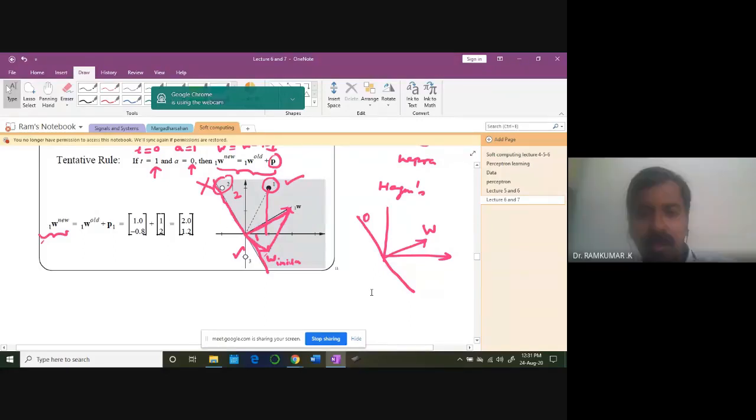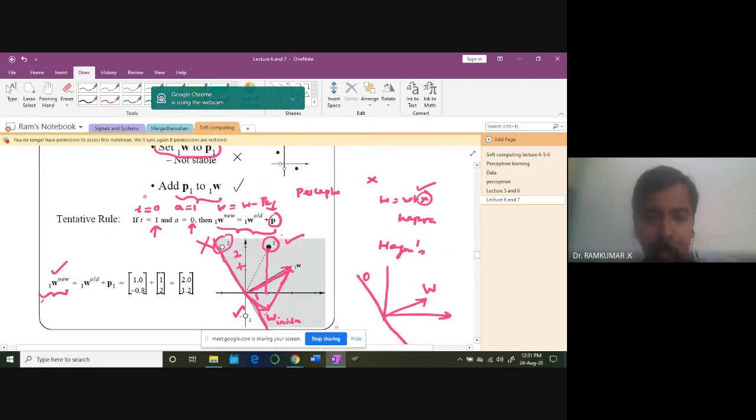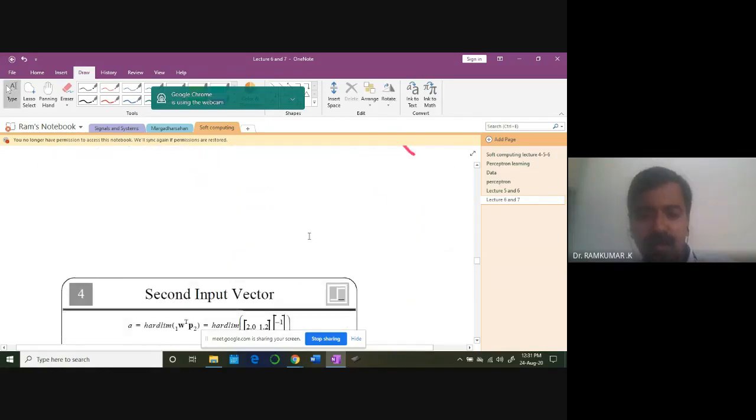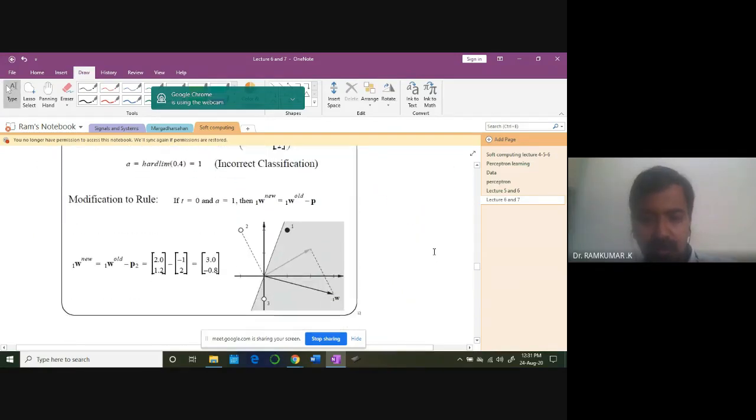Yes, sir. Can you see it clearly? This new weight vector is classifying correctly for this pattern and this pattern. Patterns 1 and 3 are okay, but pattern 2 is wrongly classified. It is on the positive side. So naturally, I need to move my weight such that W minus P2 is what I am going to put now. If I put minus P2, this weight is going to come down a bit in order to get a different slope for the line. That's what you are seeing here.